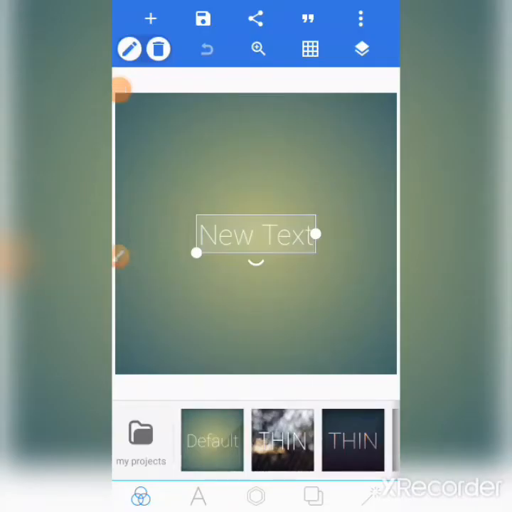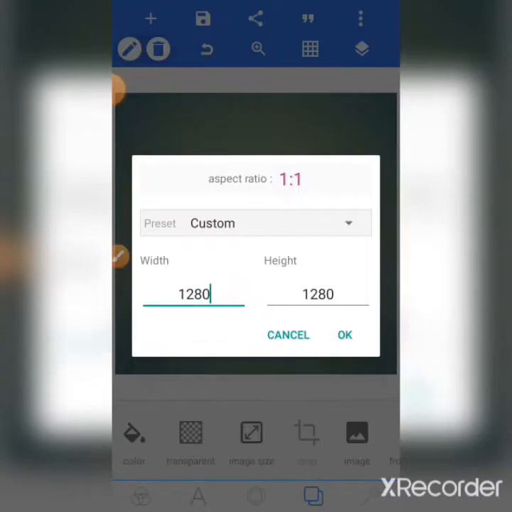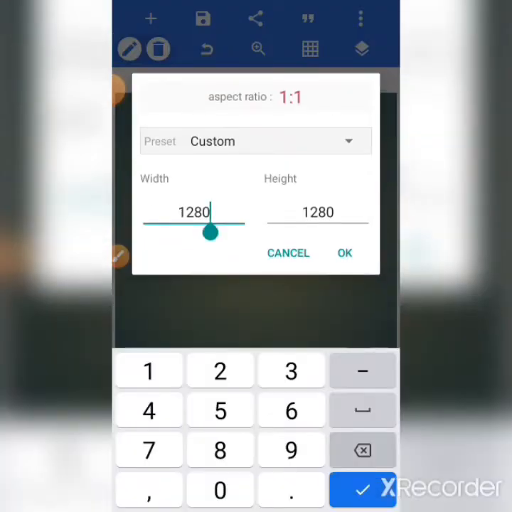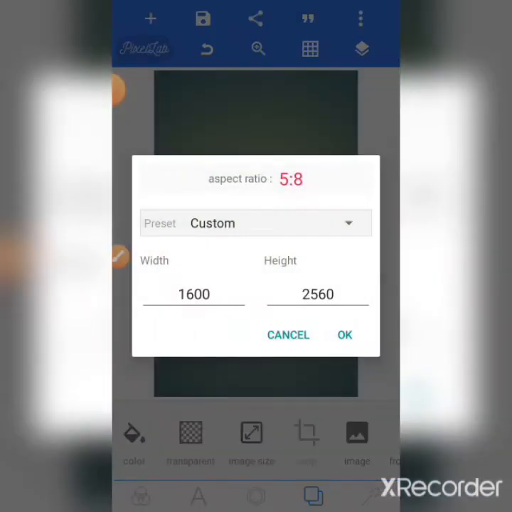I'll be showing you how you can design a book with Pixellab on your phone. So the first thing we are going to be doing right now is changing our image size to 1600 by 2560. So we have something like this, and then we are going to delete the new text in the middle,